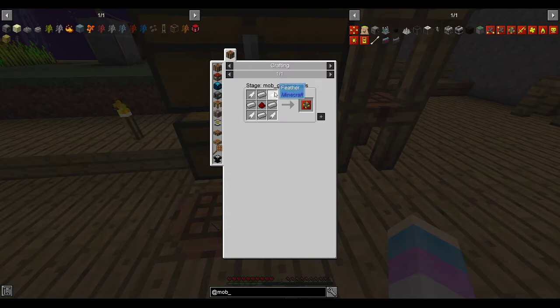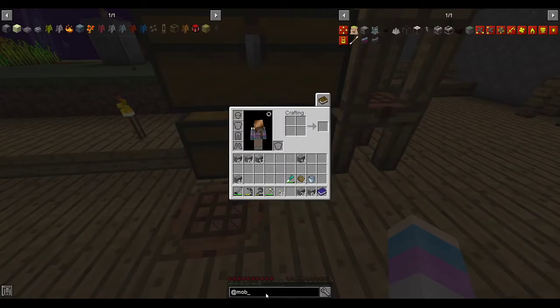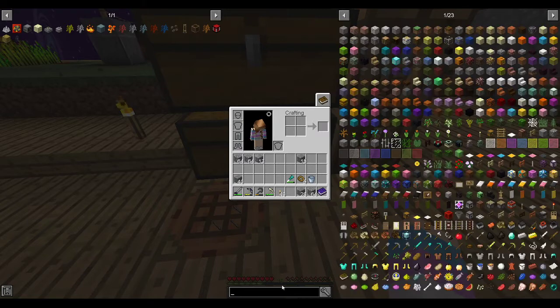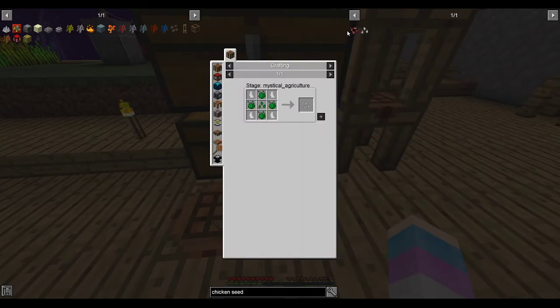So your iron and feathers. I do not have any chickens. Actually, how would I get chickens? Just before we do that, we'll grab that, and we'll grab the recipe for that. And yeah, we got the fan already. And then we'll look up chicken seed. There's that one, some magical crops, and then we got